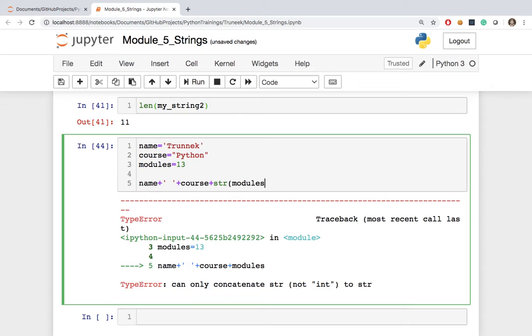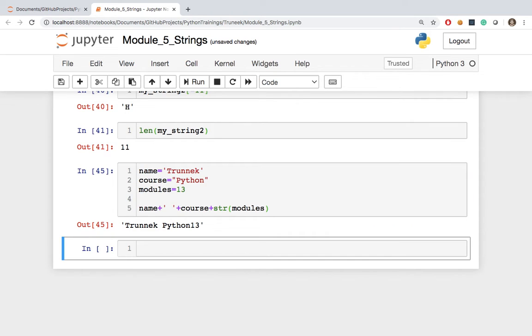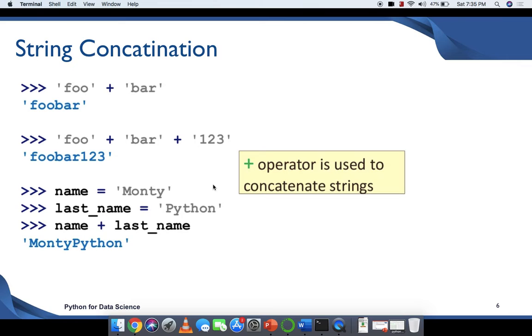Then and only then we could add that part, right? So this is how concatenation works in the case of strings, right? So the plus operator is used to concatenate strings. And the second thing we need to remember, a string could only be concatenated with other strings. So its data type must be string, otherwise you need to convert your data type to the string data type,